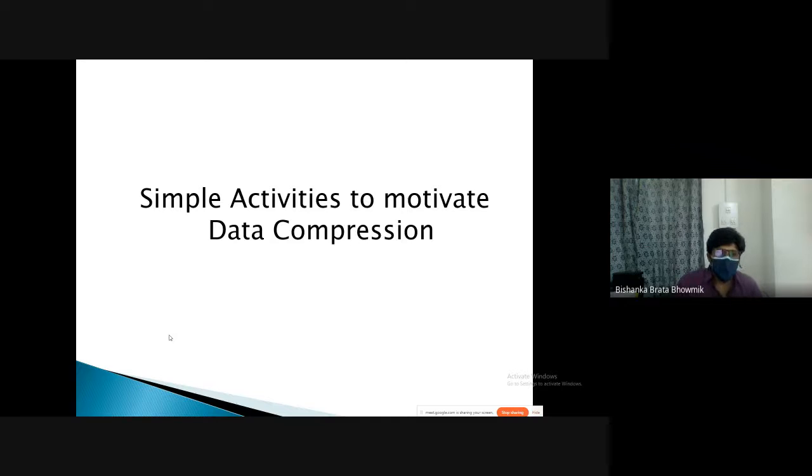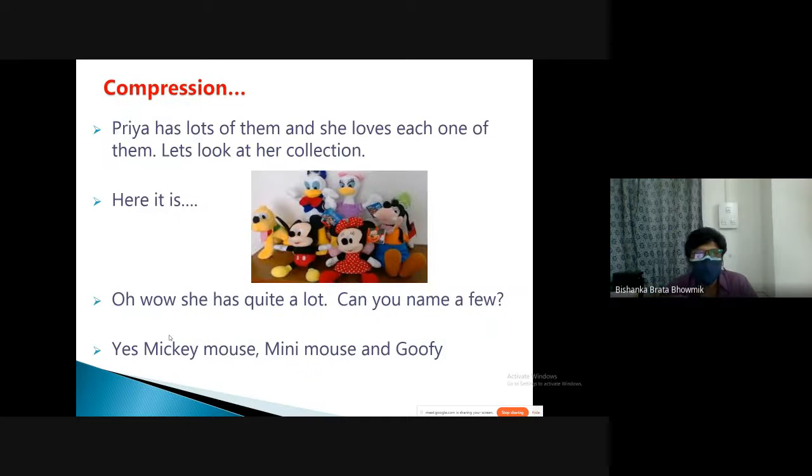Okay. Now, next comes data compression. We have lots of data, so how do we compress it? Because if the data is very large, we cannot transfer it from one place to another, right? So, going to this setting. And this is basically meant for class 4, which is the higher version we are going to.